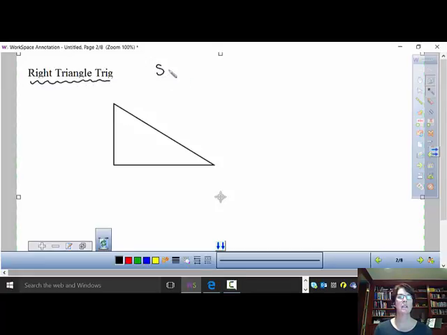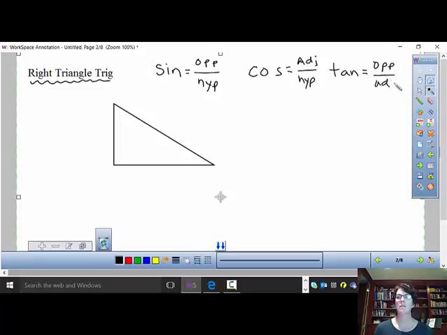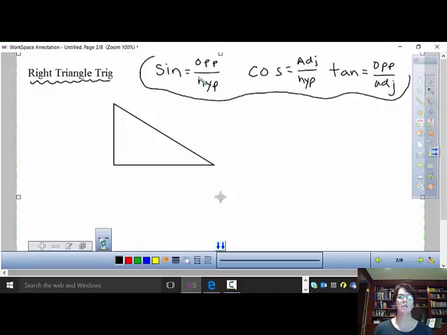Specifically, we want to talk about the sine, cosine, and tangent functions in right triangle trigonometry. Sine is equal to opposite over hypotenuse. Cosine is equal to adjacent over hypotenuse. And tangent is equal to opposite over adjacent. But in order to use those functions, you're going to have to know what opposite, hypotenuse, adjacent